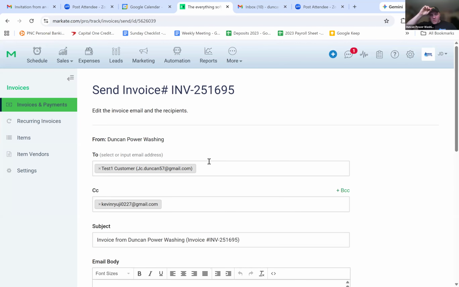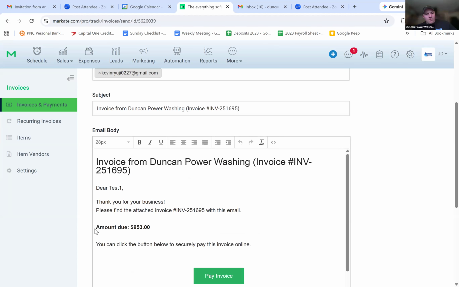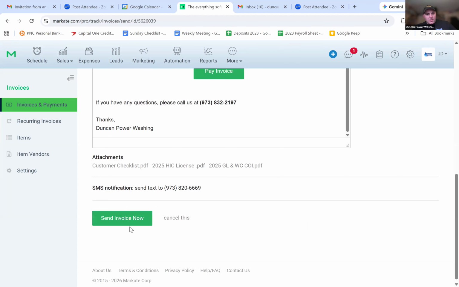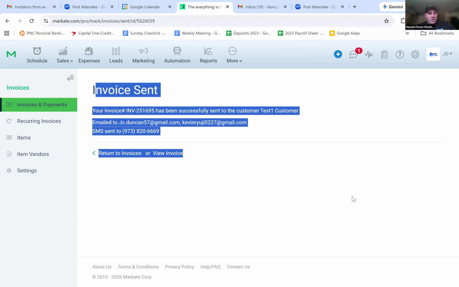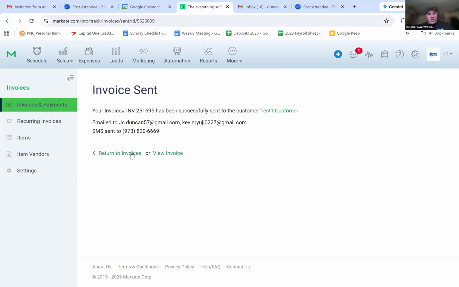From here, same thing with the estimate, we have to hit send invoice one more time when we scroll down. So we'll hit send invoice now. Once we get to this page, we know that our invoice has successfully been sent to our customer. We can either view the specific invoice here, go back to the customer page, or view all invoices. So if we go to view all invoices,